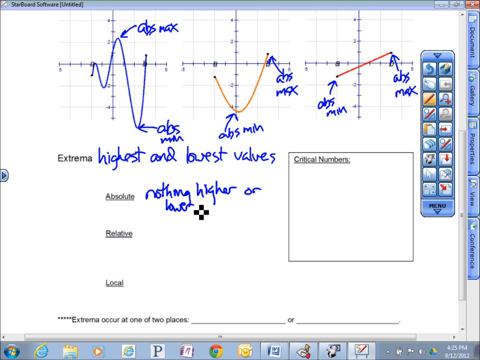I think that's the one that's most descriptive. It's got to be the highest. It's got to be the lowest. There's no exceptions. It's the top of the mountain or it's the bottom of the valley, whatever it happens to look like. Relative extrema is a little bit different. Relative extrema can only occur